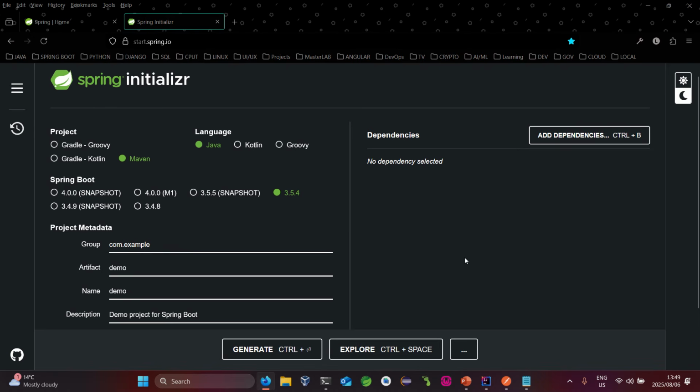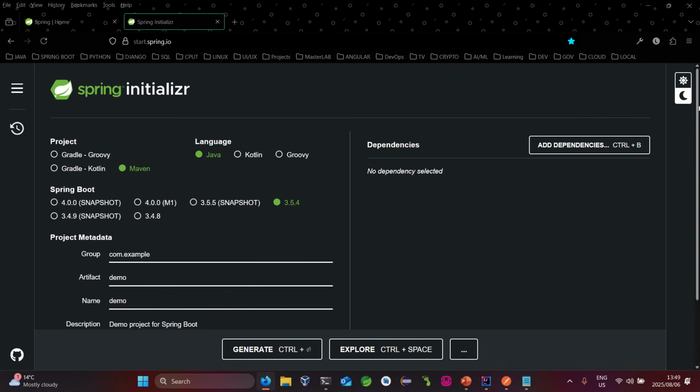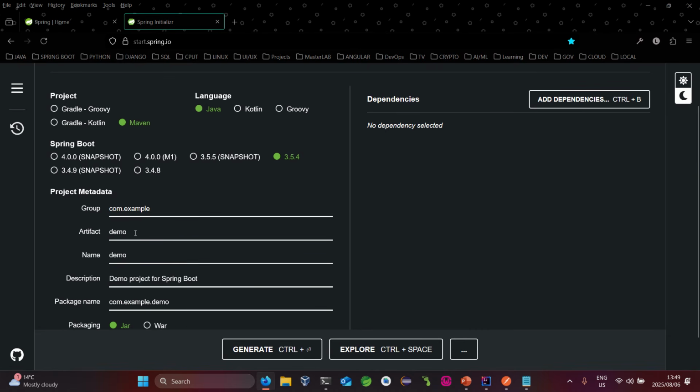So if you don't have an existing Java Spring Boot project, this is another quick way to spin it up. Or if you have an existing one, then you can just simply use it. Okay, so now, again, we pick Maven, we pick Java as the language, Spring Boot 3.5.4, that's fine. Then you give it your name, of course. So from here, let's say MasterLab. Okay, so from demo, we give it a name, maybe Spring Boot